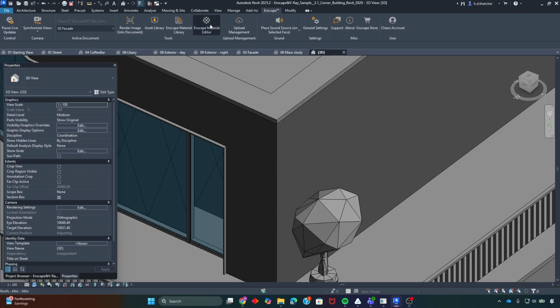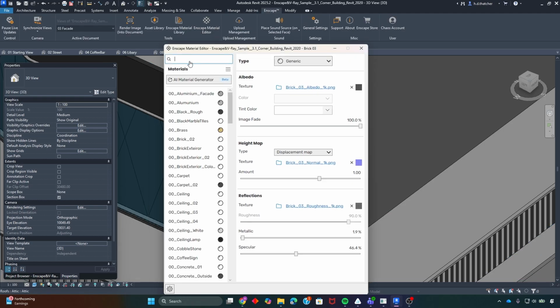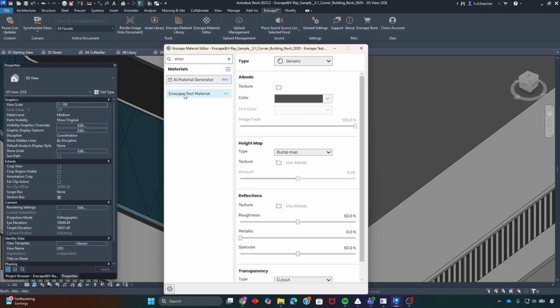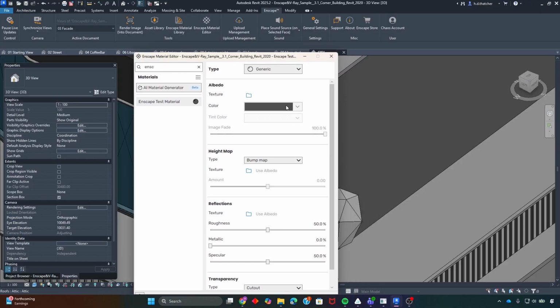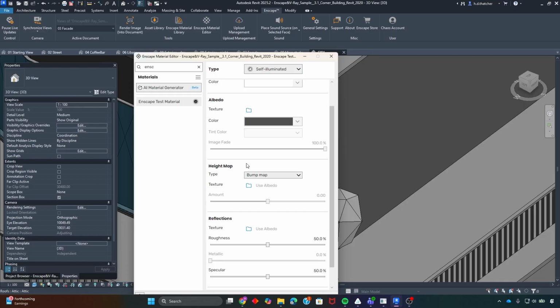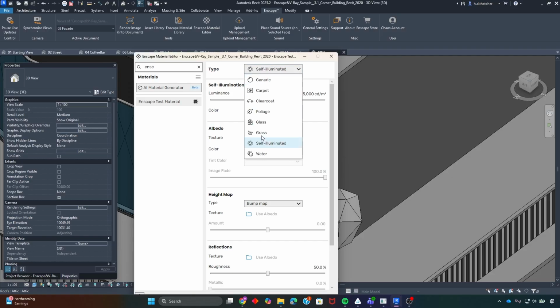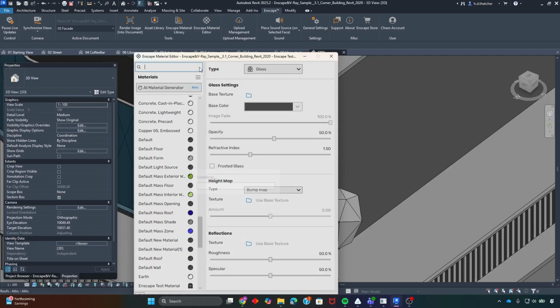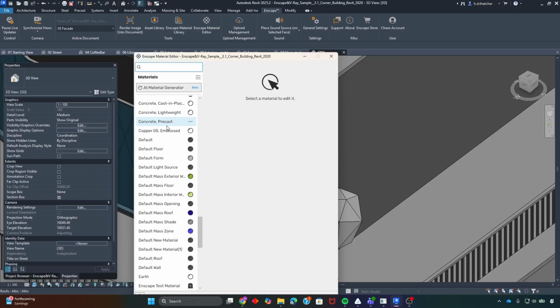And then if you come back into the Enscape Material Editor and search for Enscape test material, there we go. So this is the new material that we've just set up. You can just start to populate this to create your own custom material. If you wanted it to be illuminated, there's different parameters. If you wanted it to be glass, there are others. The other way you can create custom materials is if you know that you could start with a material that you know is nearly what you want, and then copy that